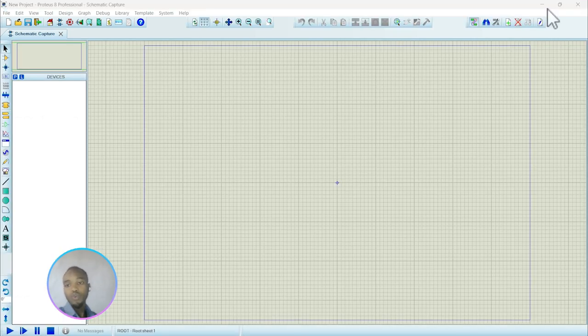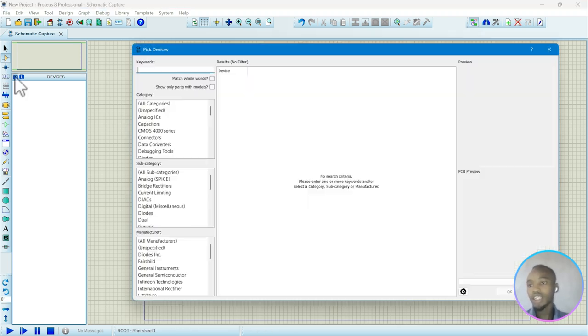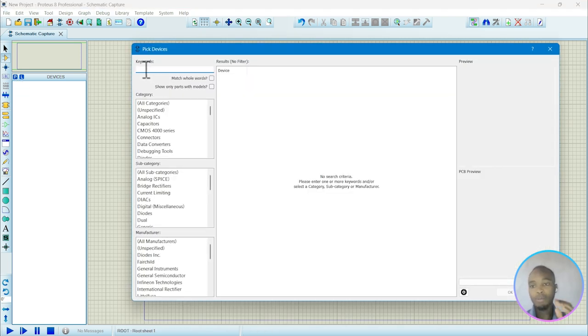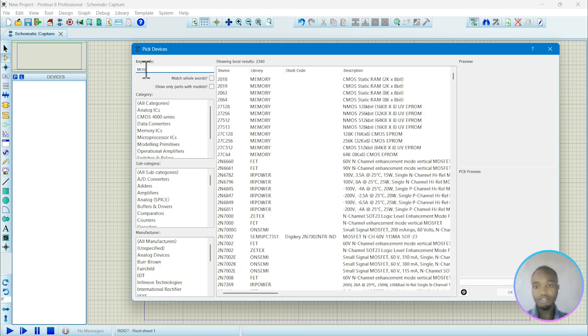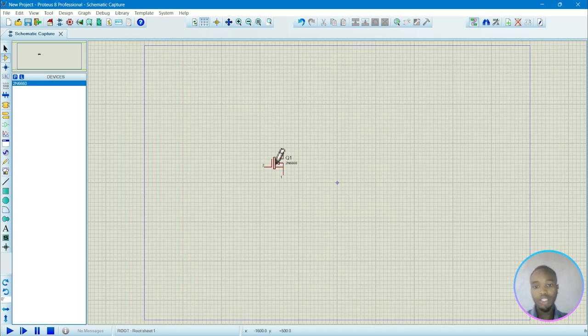Okay, that is a view of the page for designing the PCB or schematic circuit. That is a page which helps us design or create a circuit. We are going to design a circuit using a MOSFET to control a motor. And then this is the searching part. Then we search for MOSFET 2N, this one. Put it here.